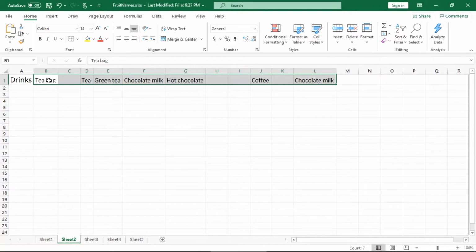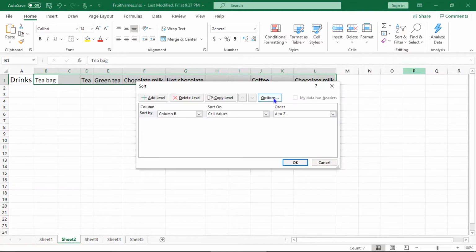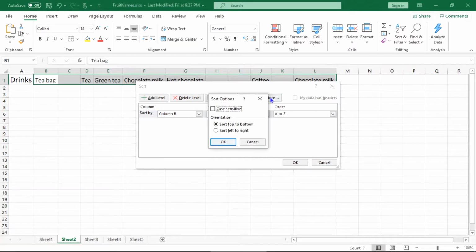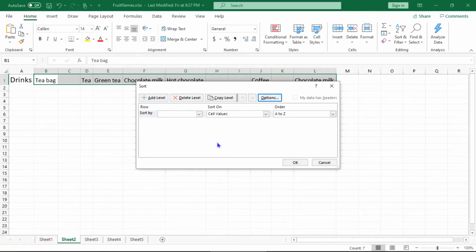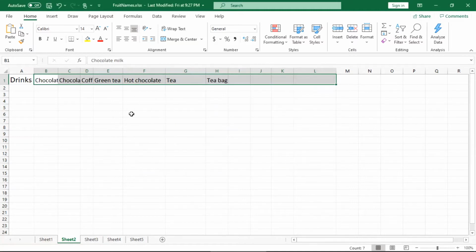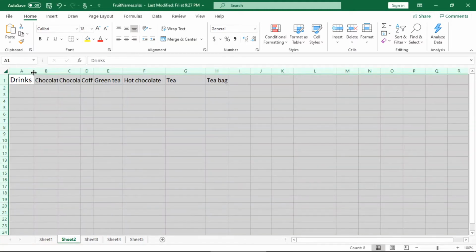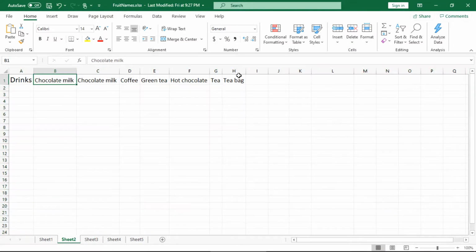So in order to remove the empty cells from your row data, you have to go to sort and filter, go to custom sort, and under the options, select the radio button sort left to right. Click OK, and in the sort by drop down, select the row which you want to sort and click OK. Now your data is sorted, and along with that, all your empty cells or blank cells are removed.